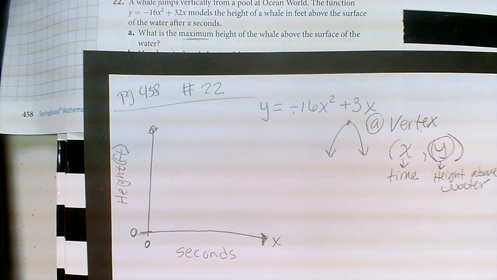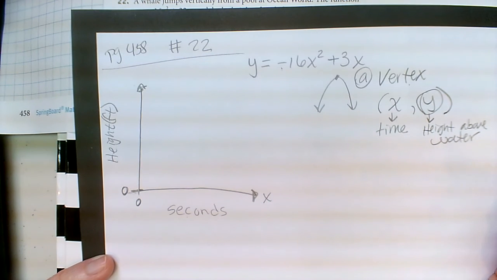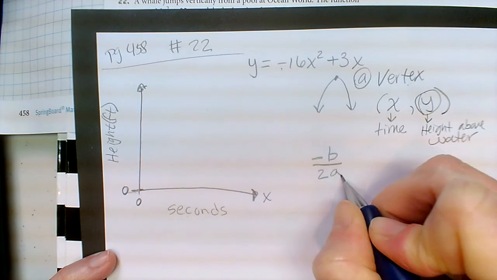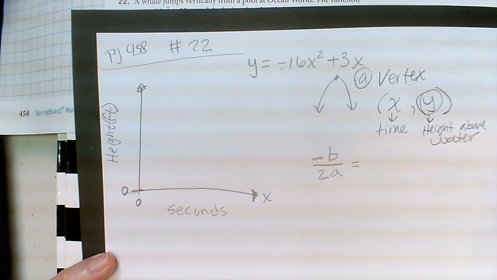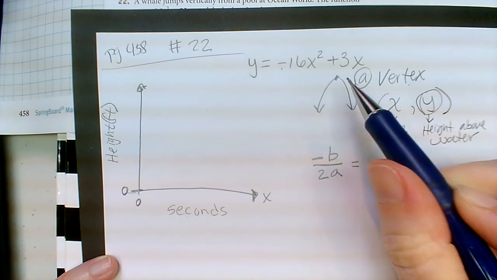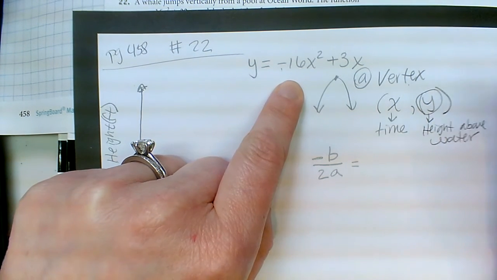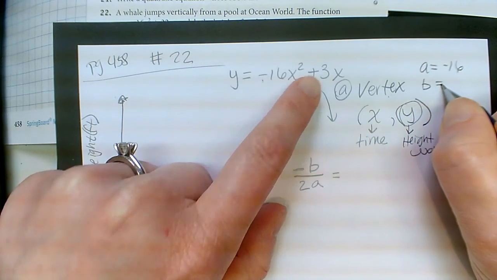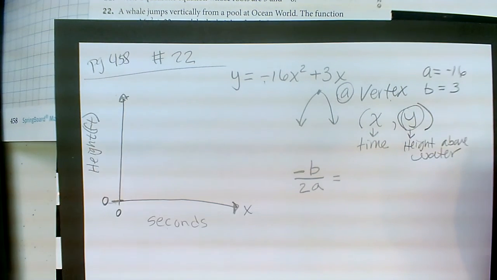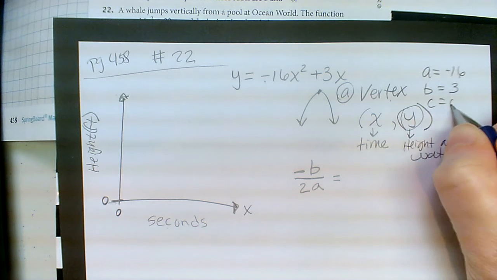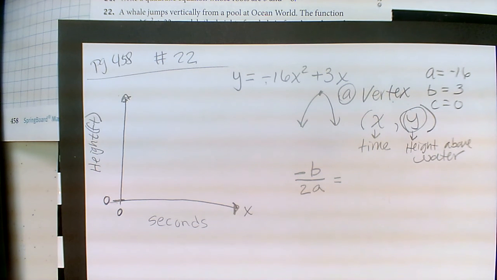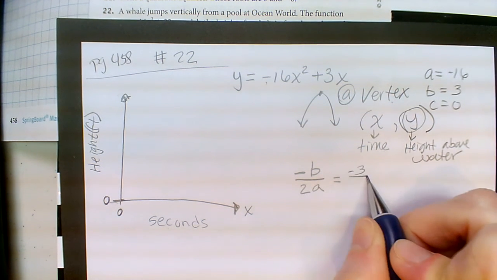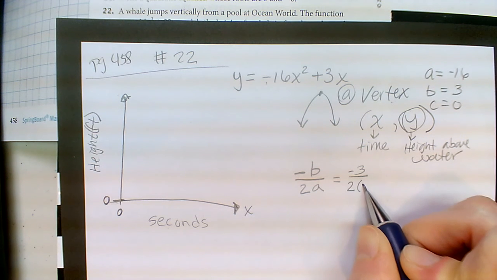All right, so I'm going to walk you through these steps. To find the vertex, you need that vertex formula. That's negative b divided by 2a. All right, so we're going to plug in our values, right? So we know that a, let me list these out on the side here. A is negative 16, b is 32, and there is no constant term, so we know that c is 0. All right, so I'm going to plug in negative 3 divided by 2 times,